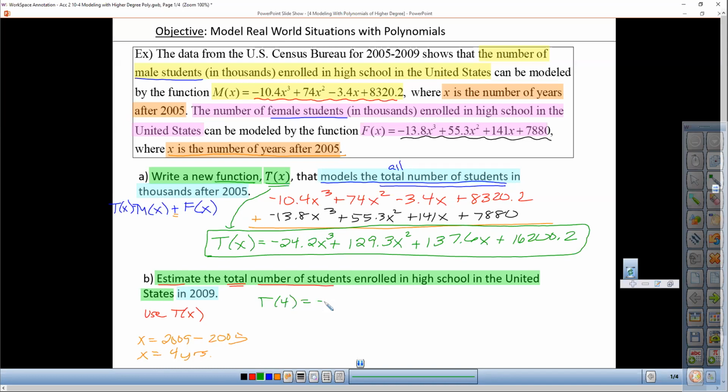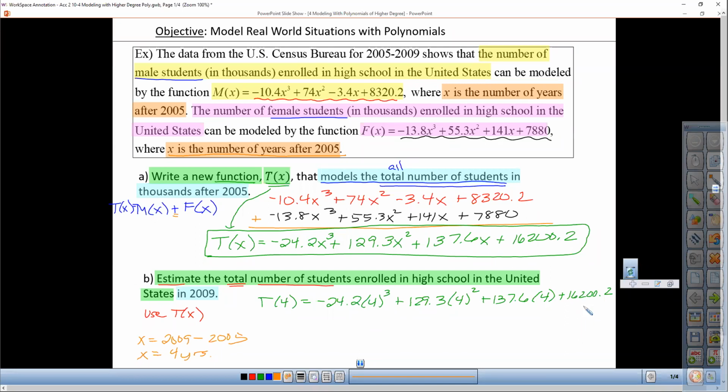So I have now my negative 24.2 times 4 to the third power plus 129.3 times 4 squared plus 137.6 times 4 plus 16,200.2. Now, if you have a calculator like mine, where you can just type in what you're looking at here